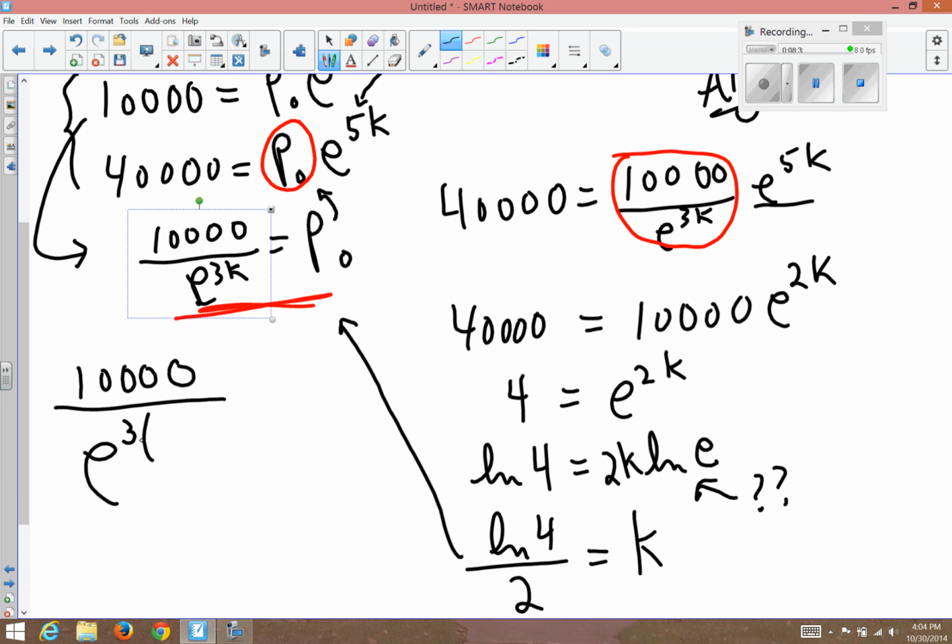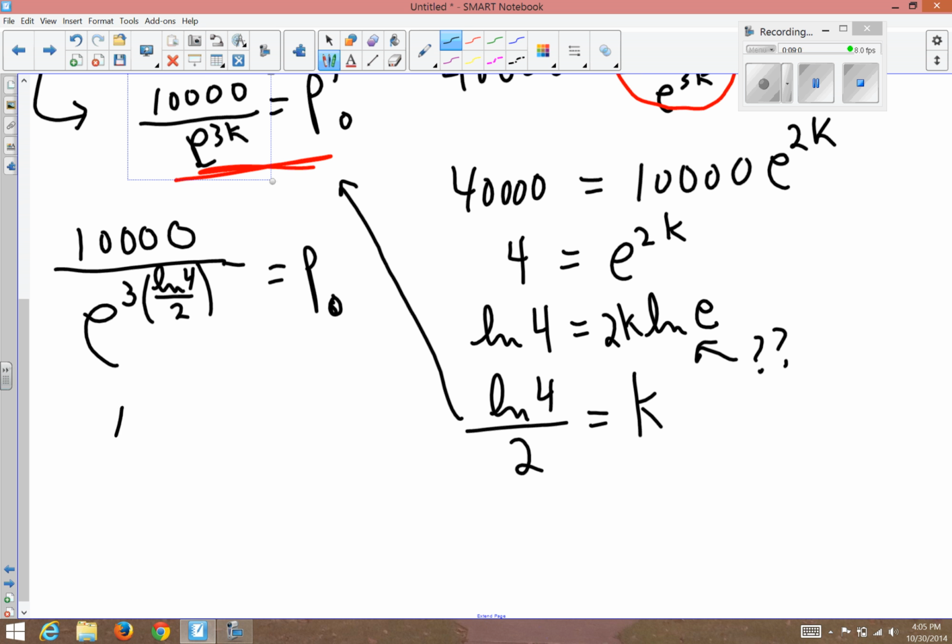Just replace this k with what we found right here. This is actually the answer to the question. The question is how many bacteria present initially. P sub 0, that means the initial population, is this right here. If this were the AP exam, I could just leave you an answer like that. But